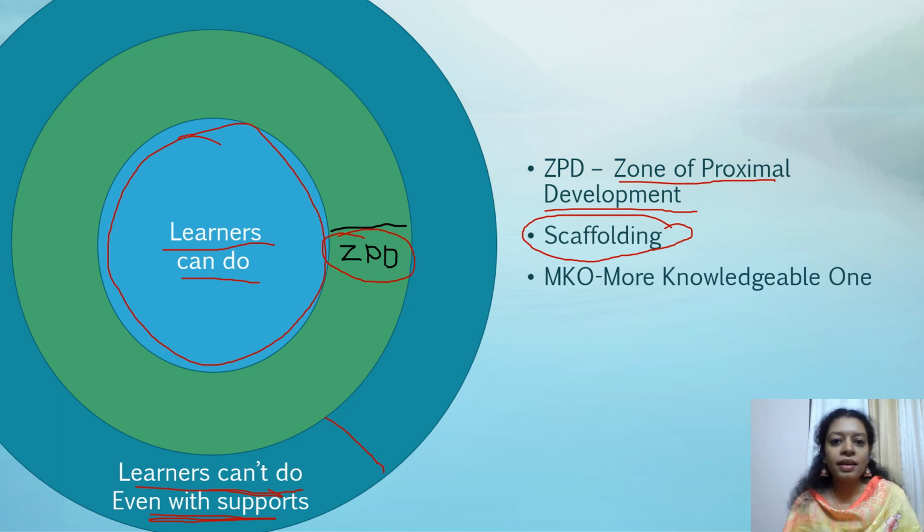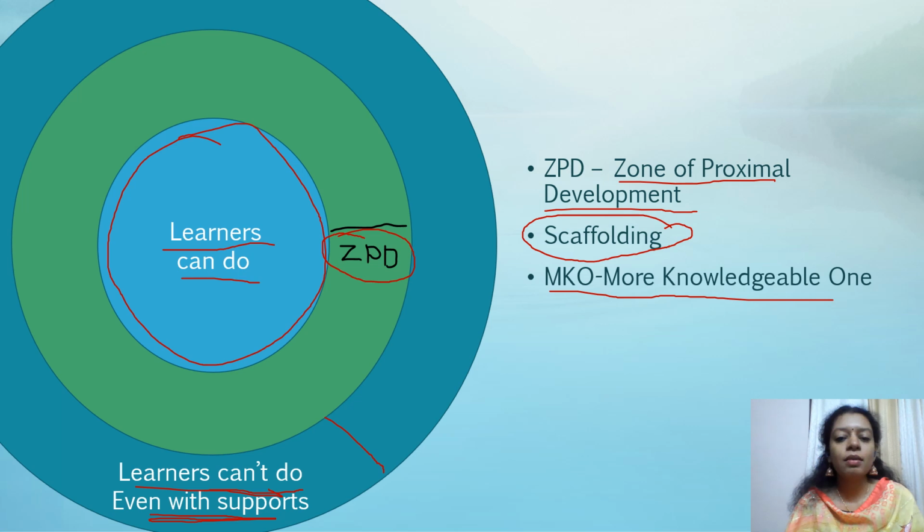Scaffolding helps the child move from what they can do alone, like simple words, to what they can do with guidance, like a full sentence. As the child's skill improves, the teacher can gradually remove that support, gradually remove the scaffolding. Next word is about the more knowledgeable